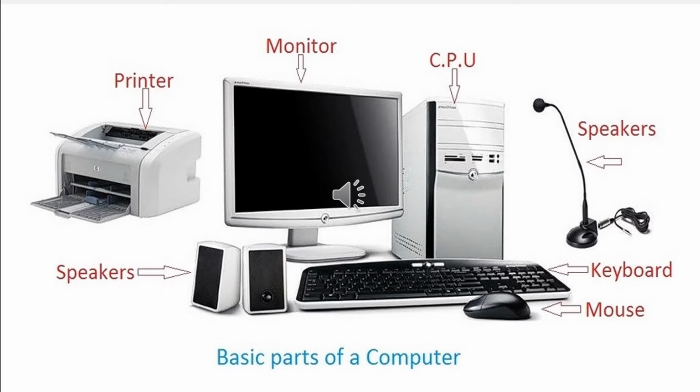See, this one is the monitor in the middle, and it has some parts like CPU, mouse, keyboard, speaker. And see, it has a speaker and a printer. Suppose we want to get some print, so there is a need for a printer. By adding a printer we can get a hard copy of that particular picture or any topic. And a speaker is used if we want to listen to any music or watch any video. Okay, come to the next page.